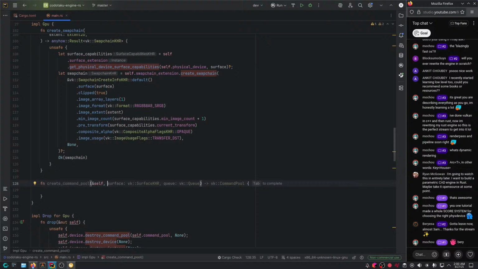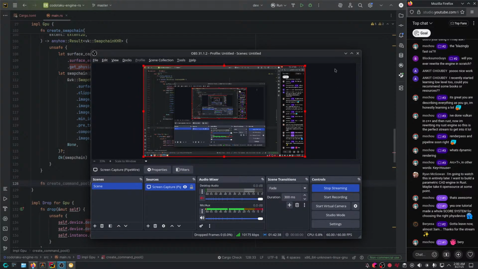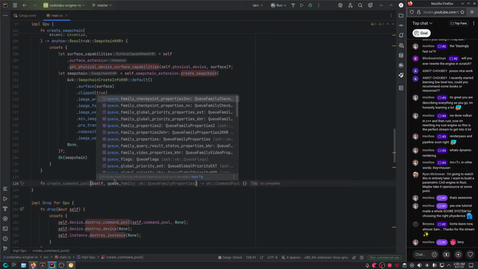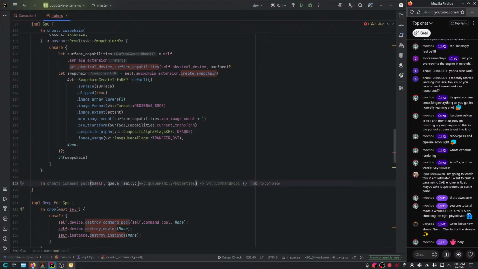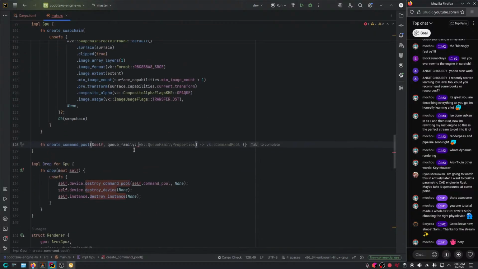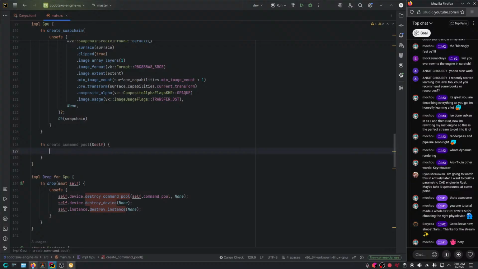And basically the only thing needed for a command pool is, what is it called? Did I, by the way, enable the mic? Good. All right. Which is the queue family. Now, I didn't really speak about queue families a lot. A lot of tutorials would set up queue families and stuff. But here, just assume that it's 0. To be honest with you, so I don't overwhelm you, I'm just going to assume it's 0 and not even make it a parameter right now, just to keep things very light.